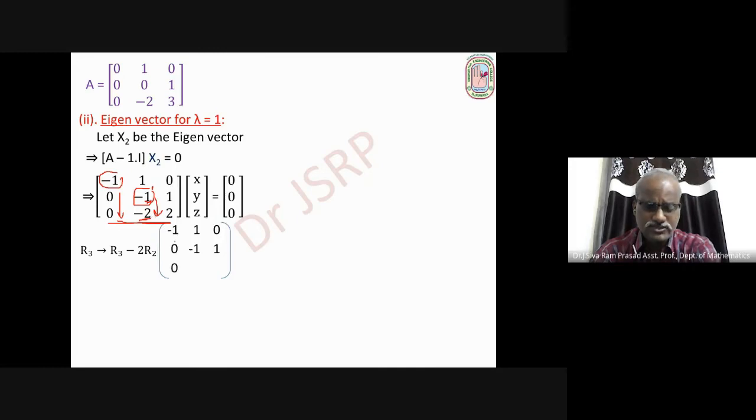Okay. First two rows as it is. Okay. So R3 minus 2R2. 0 minus 0 into 2 is 0. Minus 2 minus, or minus plus 1 into 2, so minus 2 plus 2 is 0. 2 minus 1 into 2, 2 minus 2 is 0. Okay. So the last row becomes 0. Therefore, this is an echelon form. So rank is 2, since the last row is a zero row. Number of non-zero rows is 2.